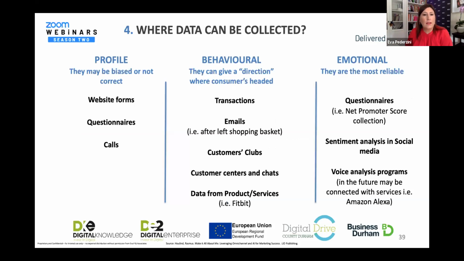Where data can be collected, as I mentioned to you, and here we are moving from profile to behavioral to emotional. Well, the profile may sometimes be biased or not correct because it is provided directly by the customer through website forms, questionnaires, calls, etc. Behavioral data, on the contrary, give you a direction of where the customer is headed because they showcase its behavior. So which transactions, emails,